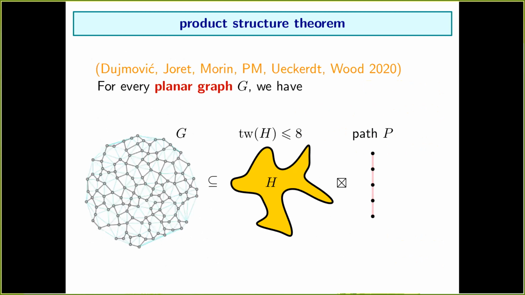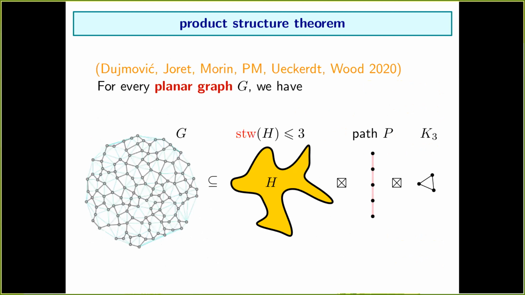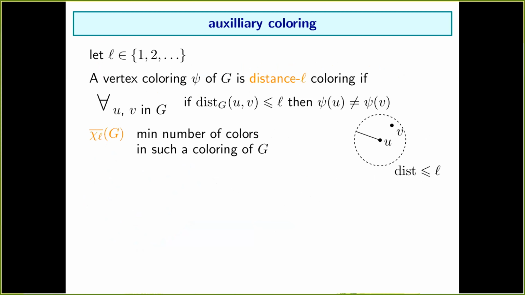Yes, and here is the hero of the series of talks, the product structure theorem, and we're going to use this version to get a good exponent in the polynomial. And now we're entering the proof. Similarly, I guess, to the situation in Louis's talk, we need a kind of strengthening of the coloring property, and this part of the proof is where we study an auxiliary coloring.